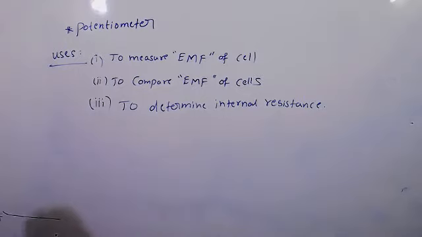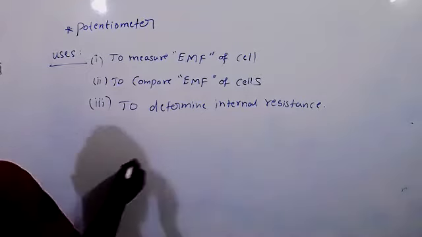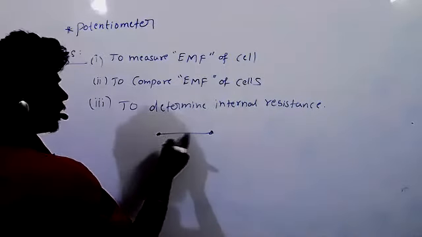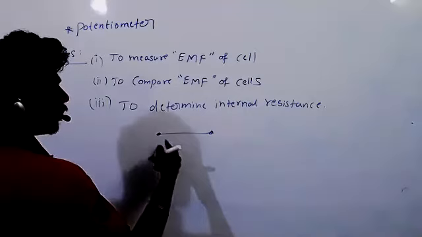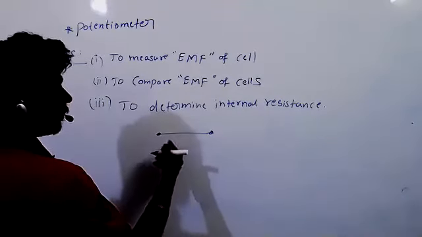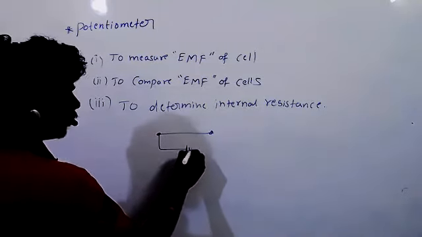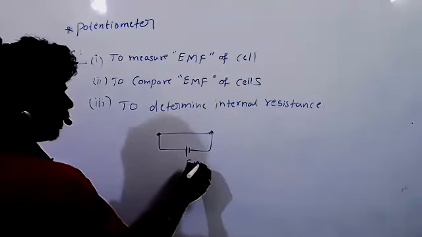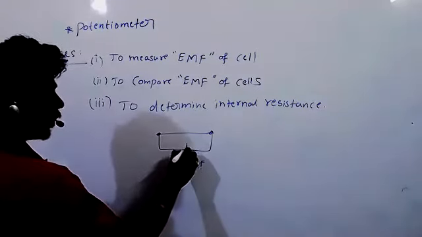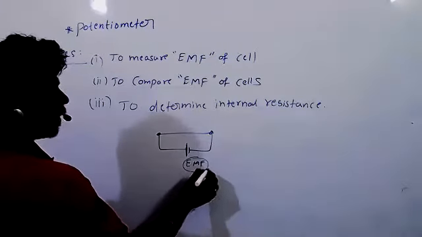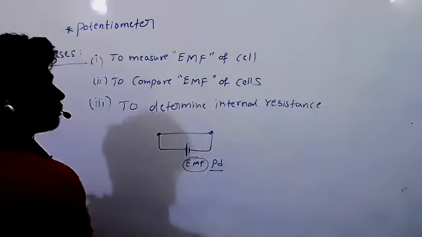Okay. What is EMF? The name itself is telling: electromotive force. What is that? Suppose, Prisha, you take one wire. In this wire there will be electrons, right? There is no current. If you want to make current move in this wire, you have to motivate the electrons. To motivate the electrons, you have to give this EMF. Once you arrange this EMF in the circuit, it will motivate the electrons. So this EMF will become PD, potential difference.